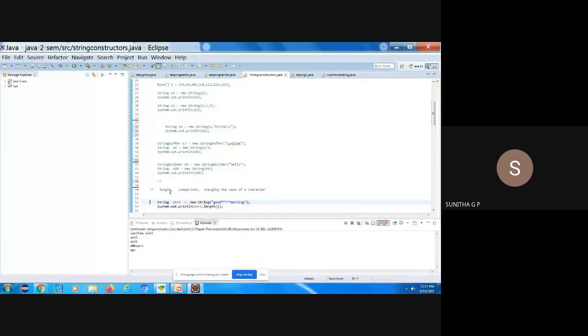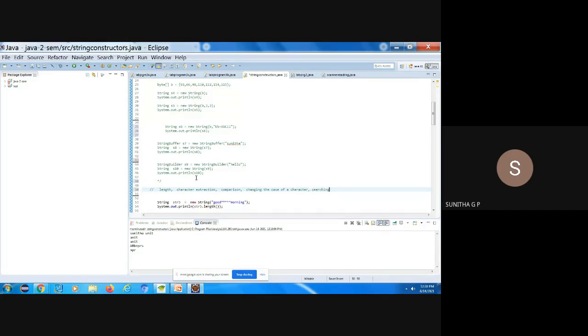The length, which will return the length of the string; the comparison; changing the case of a character, toString, toUpperCase, toLowerCase; character extraction; and also searching, indexOf and lastIndexOf.